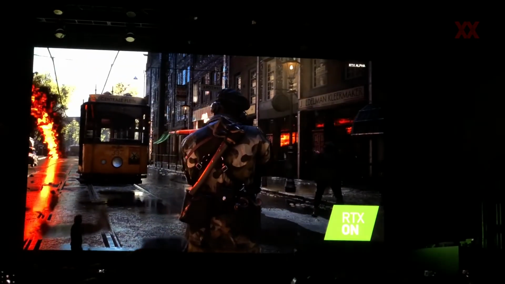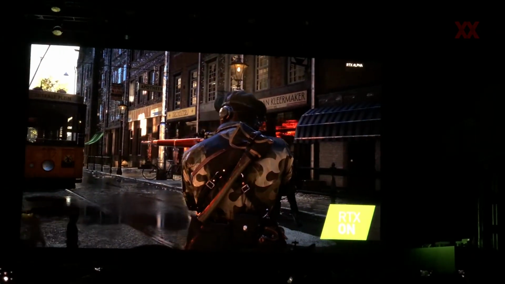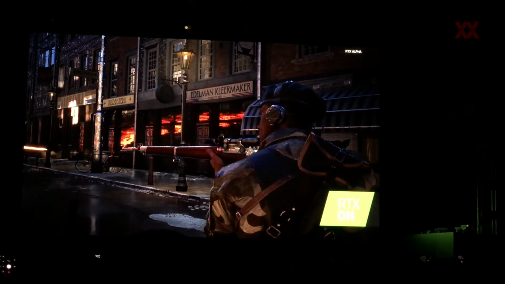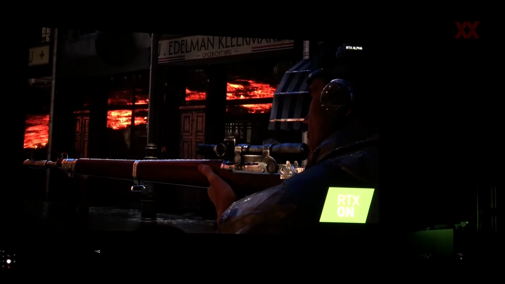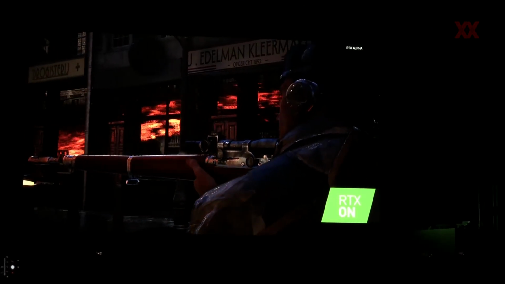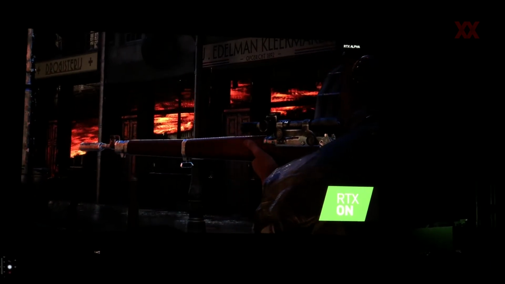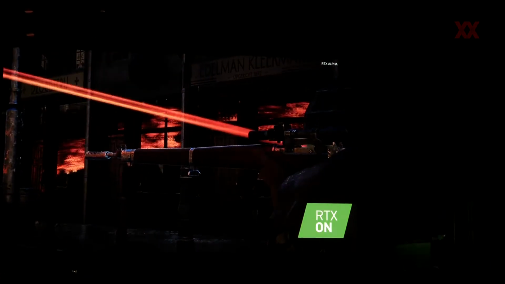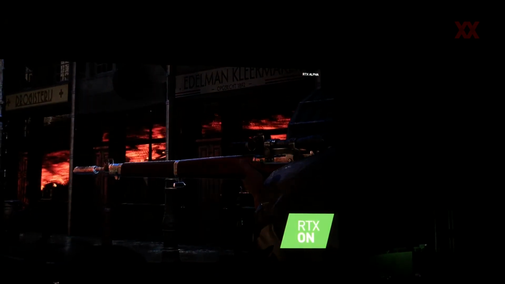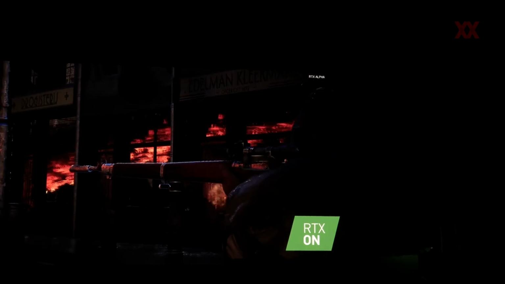So one thing we also pay particularly much attention to in Battlefield is just the weapons, accuracy, making sure the smallest detail is correct. You can see even there, the flames are reflecting properly in the wood of this gun here, and in the windows in the back. Now if I turn RTX off again, you lose all this detail. So, yeah. Wow. Really cool. Now Jonas, what you guys have done is all